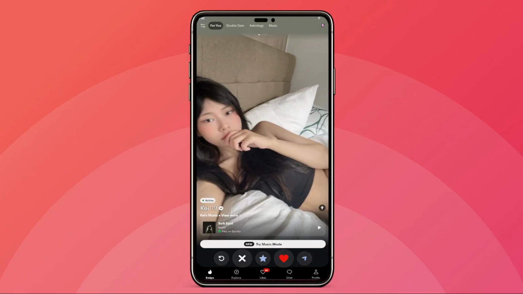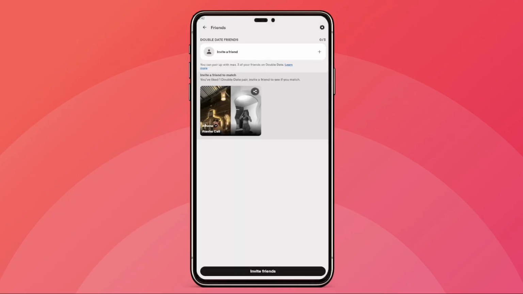First, open your Tinder app and look at the top of your screen. You'll see an option that says double date. Go ahead and tap on it to access this feature. This is where you'll set up everything you need to start matching with other pairs who are also interested in